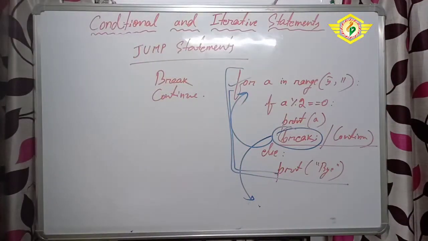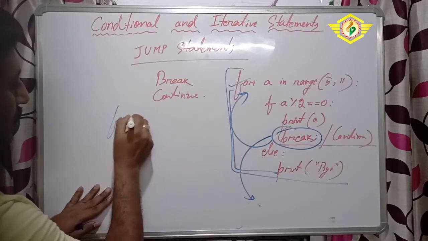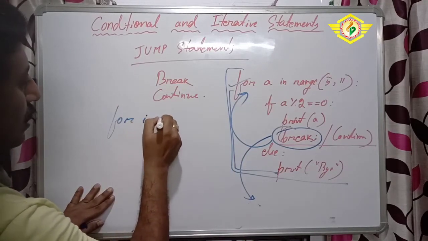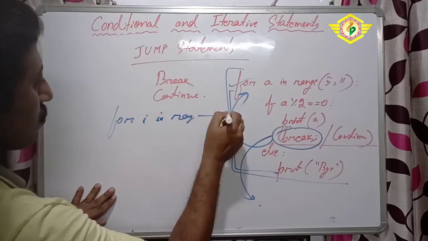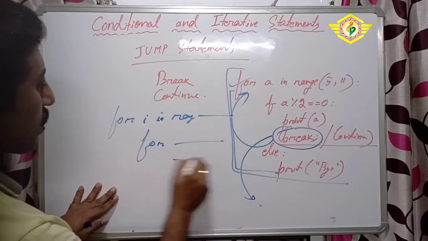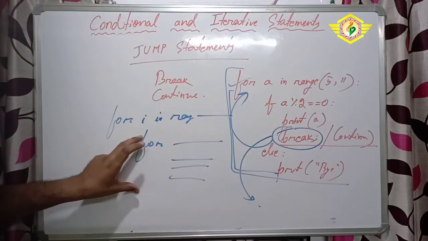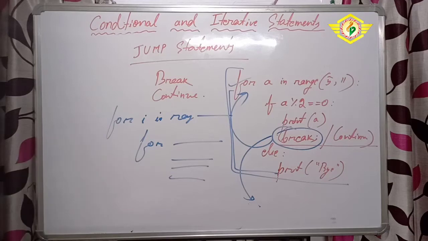Okay. In a similar way we can also write a nested loop, just like nested if statements. Suppose one for loop is here, for i in range some value I am giving, and again I am writing a for loop here. That is known as a nested for statement or nested loop statement. That means one loop is under another loop. I will show you by giving some examples in practicals.